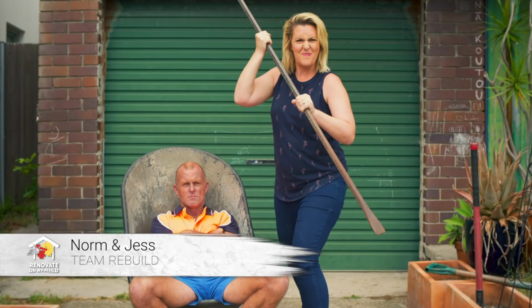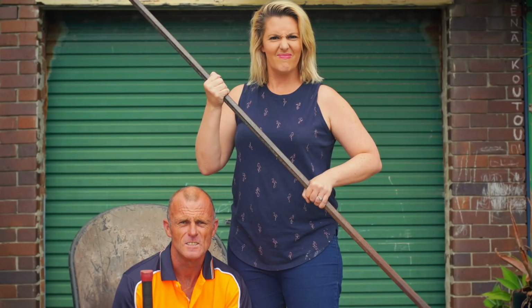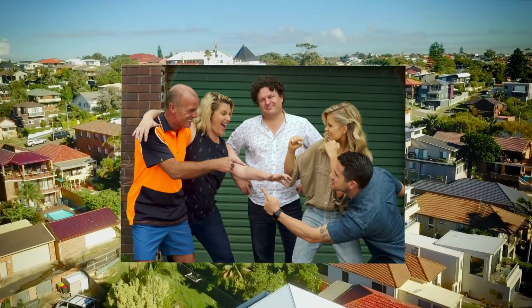On Team Rebuild, we have Norm and Jess, the block's true blue heroes and radio superstars. They have a soft spot for heavy machinery and will be looking for any chance to knock it down and rebuild. The winning team will get to donate